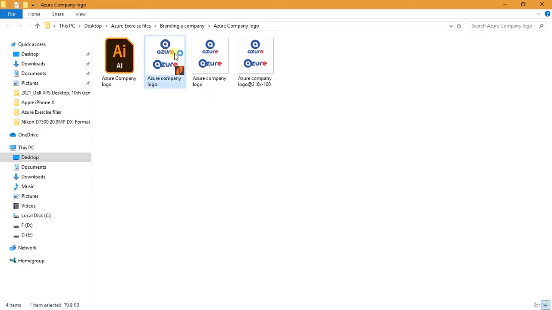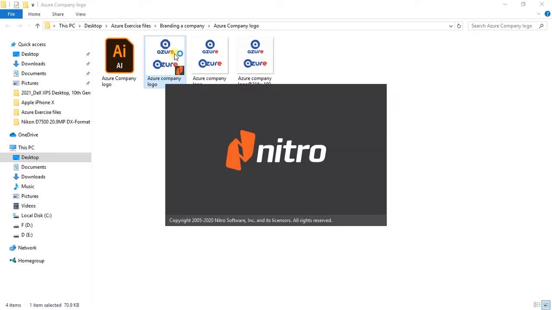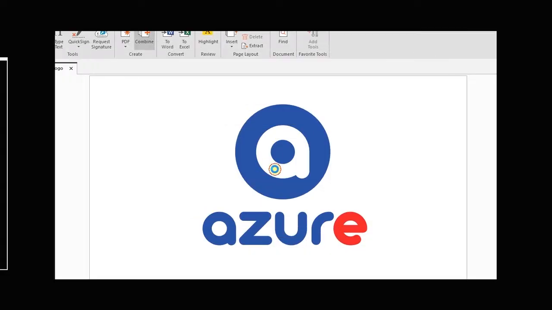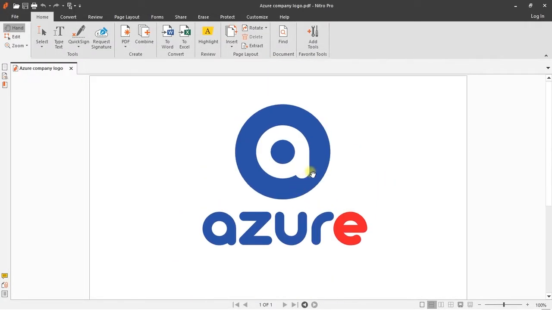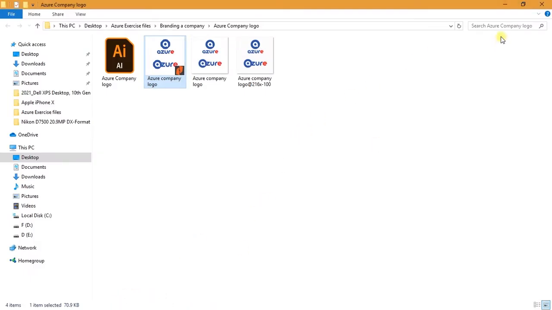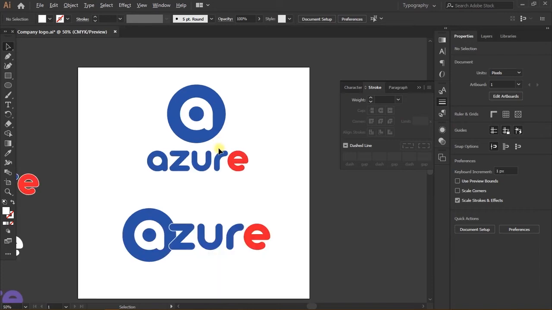And as you can see, you can open your logo, and the moment you open your logo, you can easily see that it's a very nice logo. As you can see, you have your very nice logo around here, and it's a very simple vector file. So again, you can still come around to your Illustrator, and you just need to